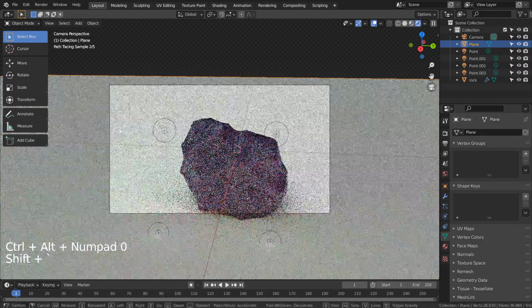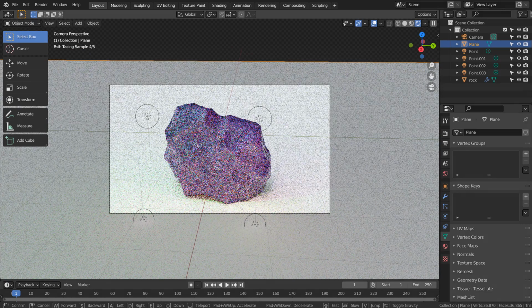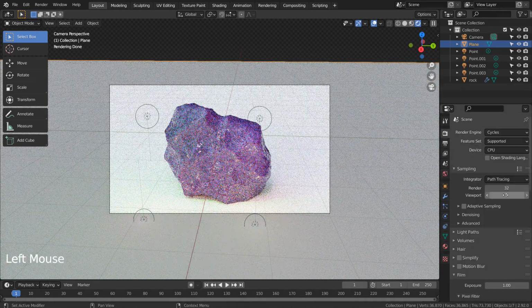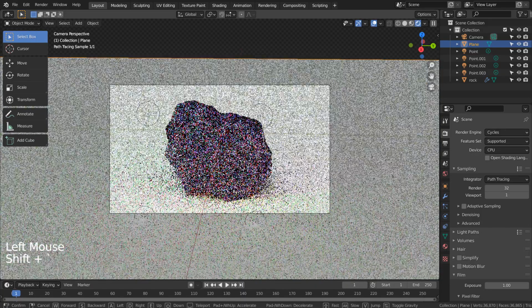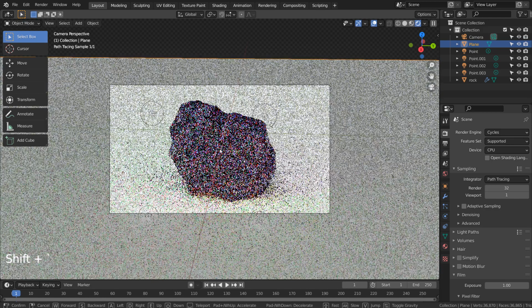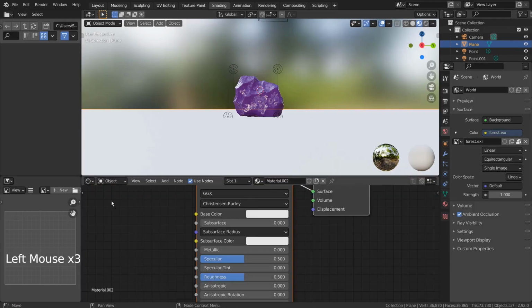Let's set up the render scene. For the ground, I'll add the noise texture node to the displacement node like this.